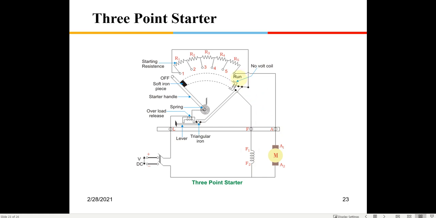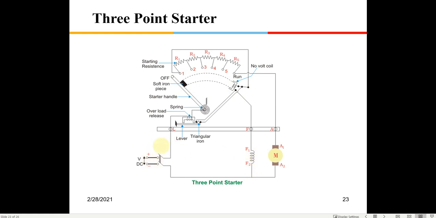So that's how it comes to the run position. This is how the starting is ensured in a smooth manner without any excessive currents in the armature. Now there is something known as the no voltage coil, because when it holds it here, as long as there is a voltage available in the field coil,